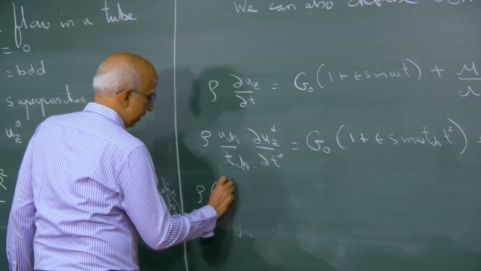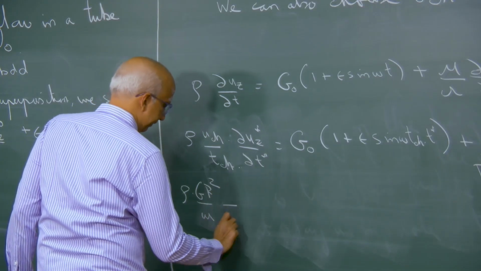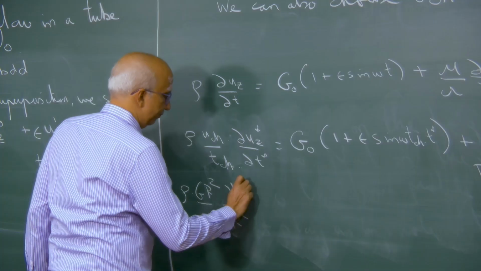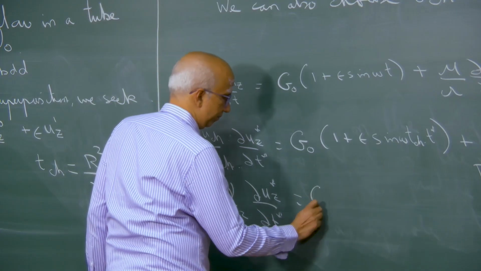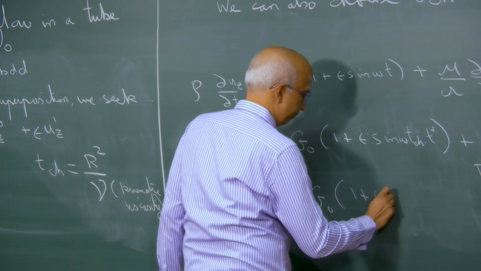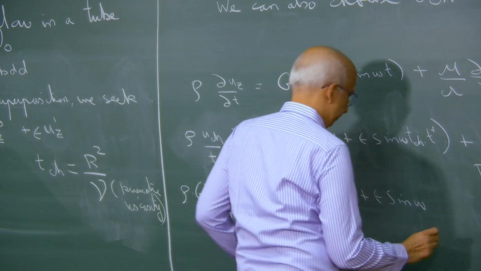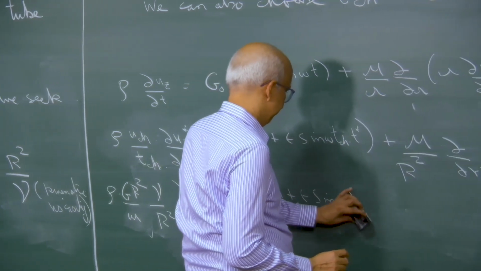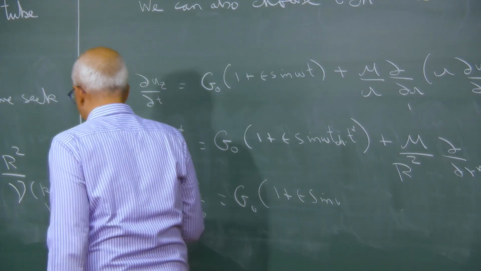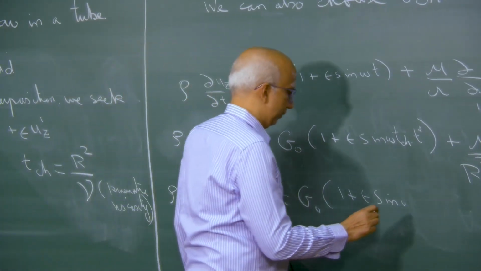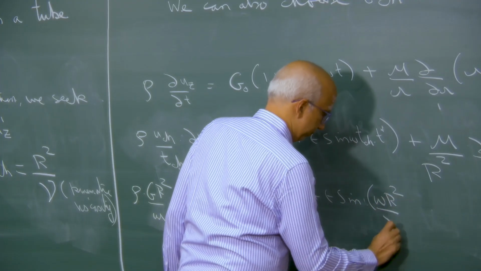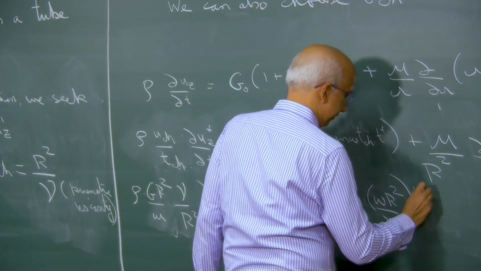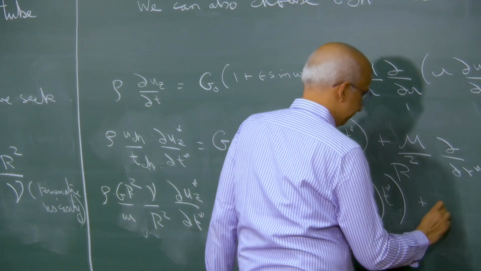U characteristic is g r squared by mu, T characteristic is r squared by nu, and in the sine we have omega times T characteristic, which is omega r squared by nu, times T star, plus